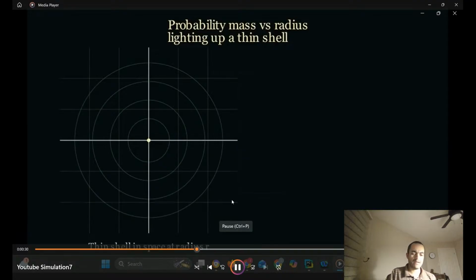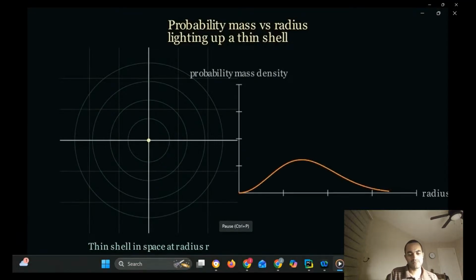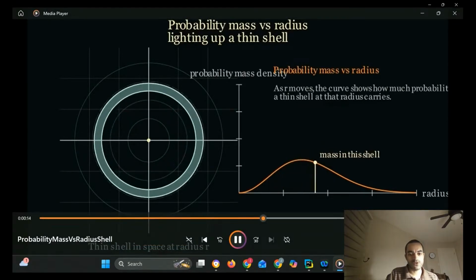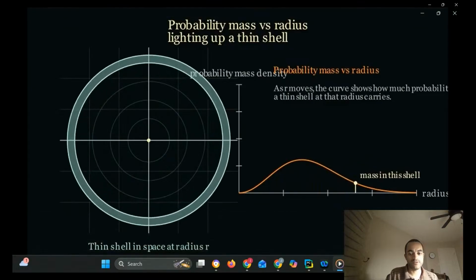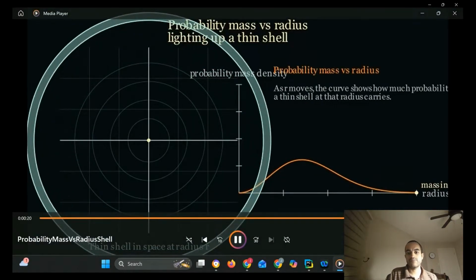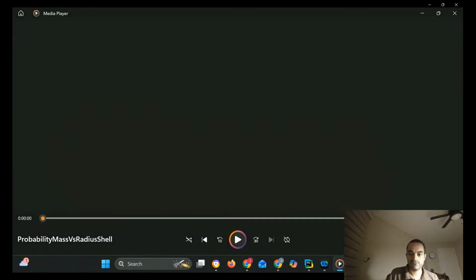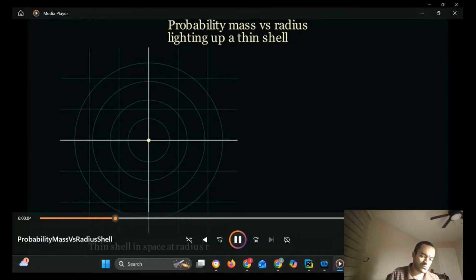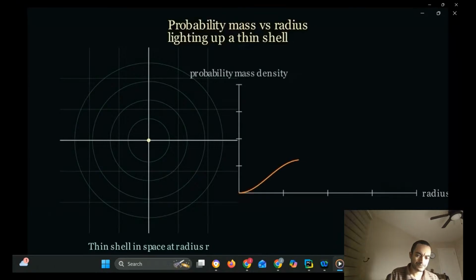I'm going to explain what's happening. In other words, we had a thin shell with radius r. That's the highlighted blue-green curve that keeps expanding. And this is mapped by a probability mass versus radius. So what's happening with that shell, as r is moving, or as I should be more precise,